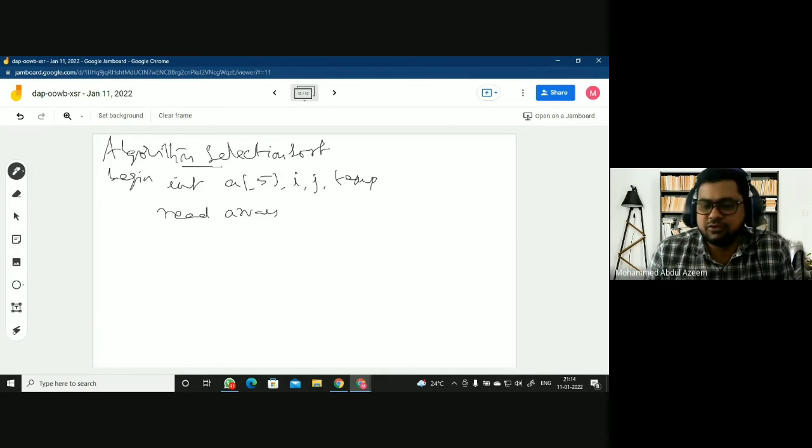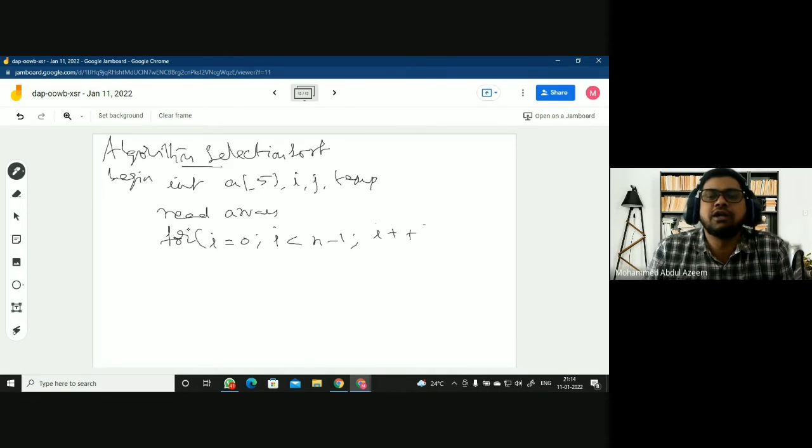Then you will have to apply the logic. So in the logic, what is it that you're going to do? You have to make how many passes? i equal to 0. In i, I'm taking the selected positions. I'll be starting from the first onwards until the last but one element as my selected positions, which I'm taking in i here.